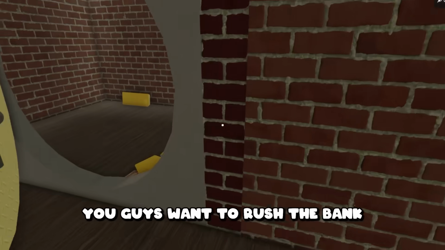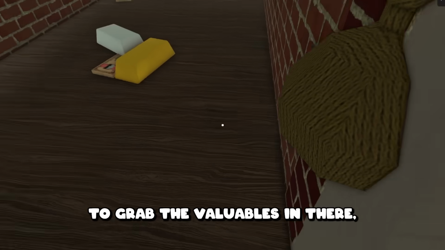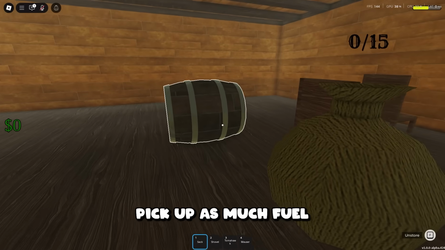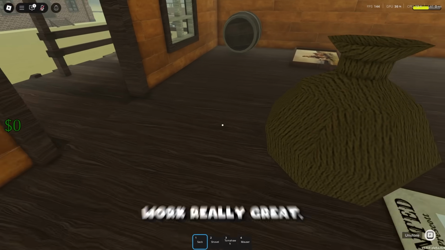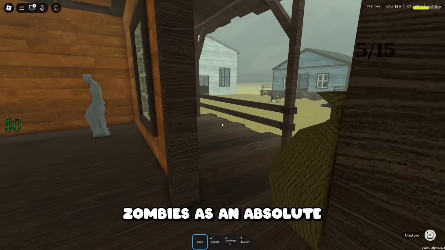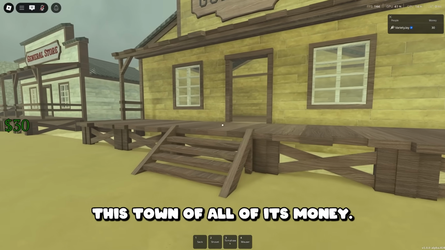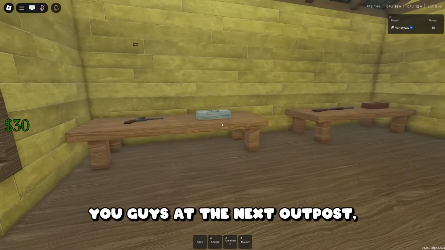After you do this, you guys want to rush the bank and church to grab all the valuables in there. And then, with whatever space you have left, pick up as much fuel as you can. Barrels and chairs work really great, or you can use zombies as an absolute last-ditch resort. After you're done robbing this town of all of its money, at the next outpost, I recommend buying